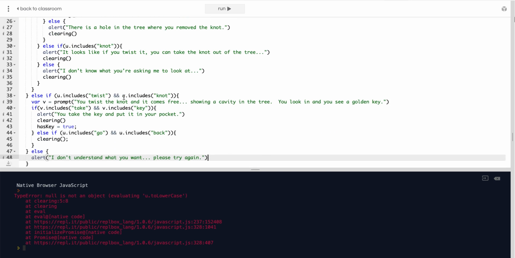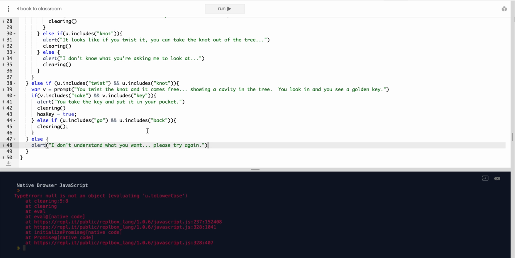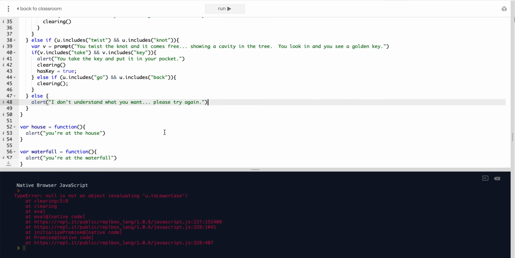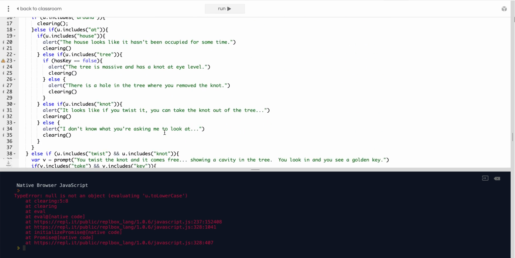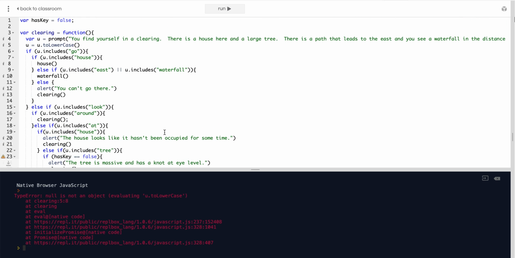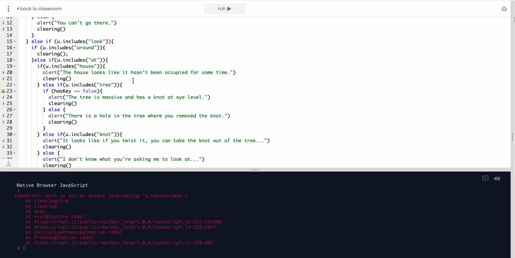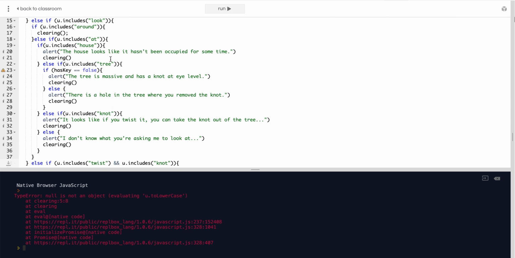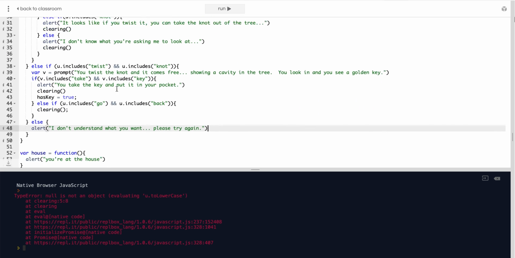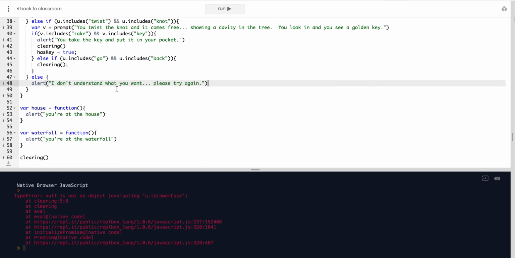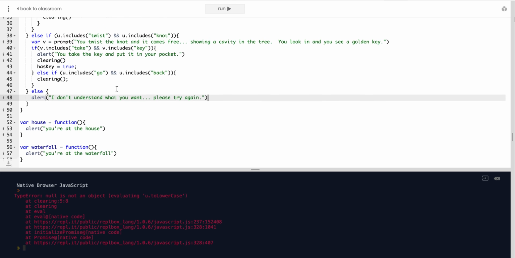So that's pretty good. We've got quite a bit going on here, right? This is a pretty complicated system, and it does quite a bit, but it really doesn't take up too much code. And if you figure out how you want your words to relate to each other, and then use those nested if and else if statements, that will make this a lot easier. Okay, so this is the first video. In the next video, we're going to take that